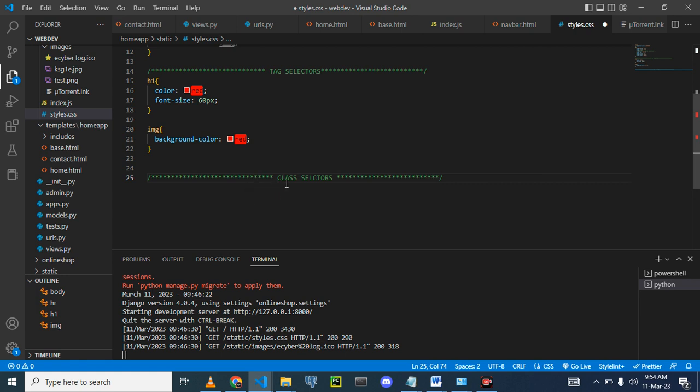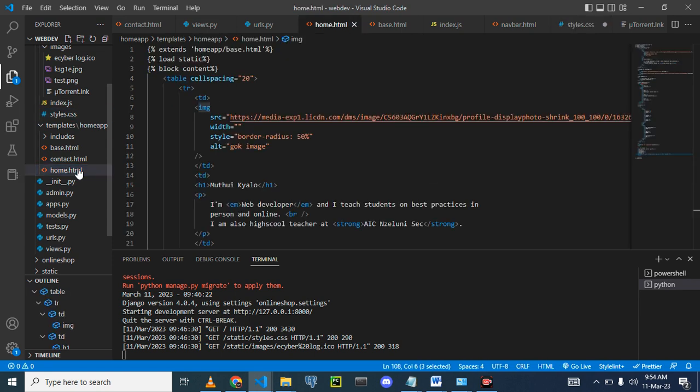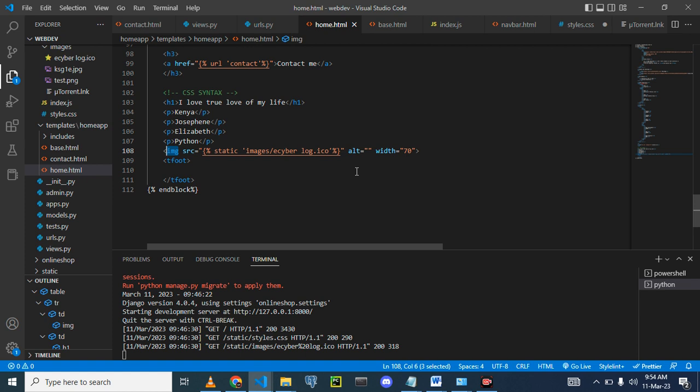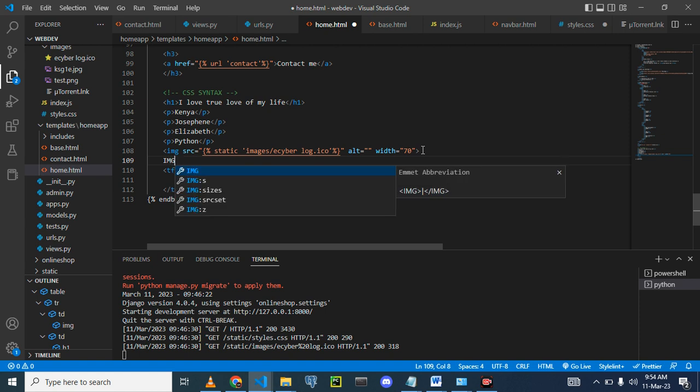So let's go to the HTML, and here we add an image. Let me add another image here, img. Let me copy this one over here,